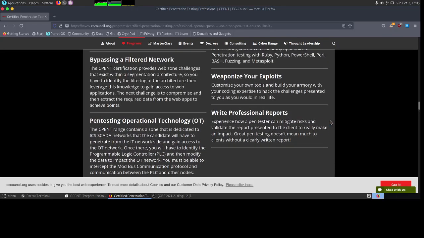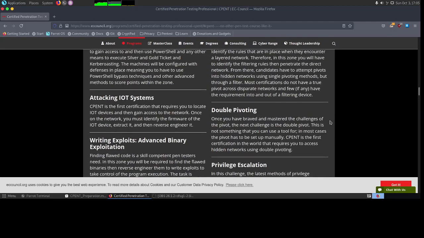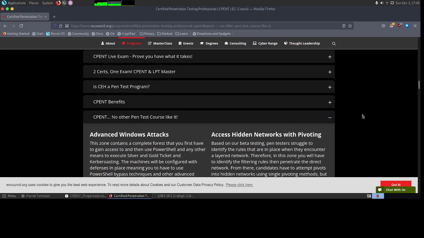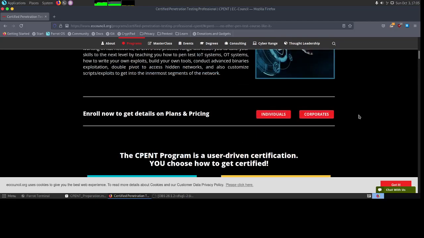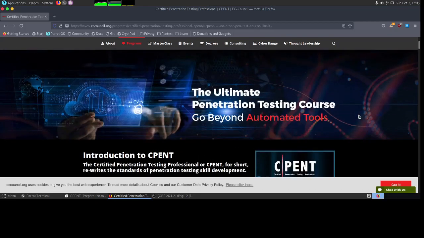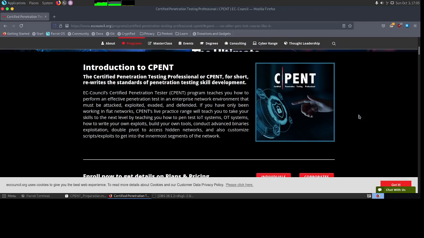So this is definitely not like other exams where you just go with CTF preparation and pass the exam and get the certification. This is very different from those exams. So I'll talk about a couple of the things that I thought might be useful for all others who are giving the CPENT exam. As I have said earlier, there are multiple cyber ranges, and you have to answer the questions from the different cyber ranges. Now, unlike all other programs where you just have to find the user.txt and root.txt, the exam is not like that.